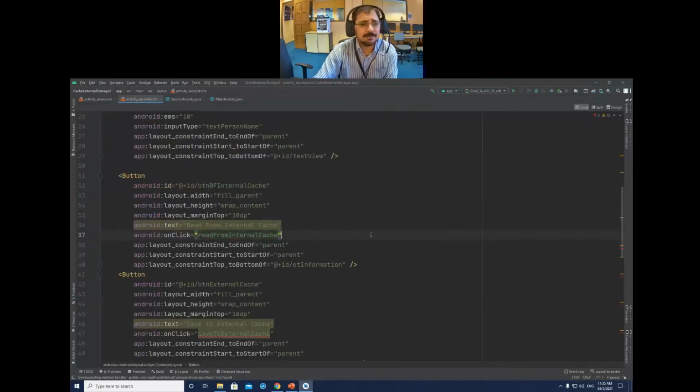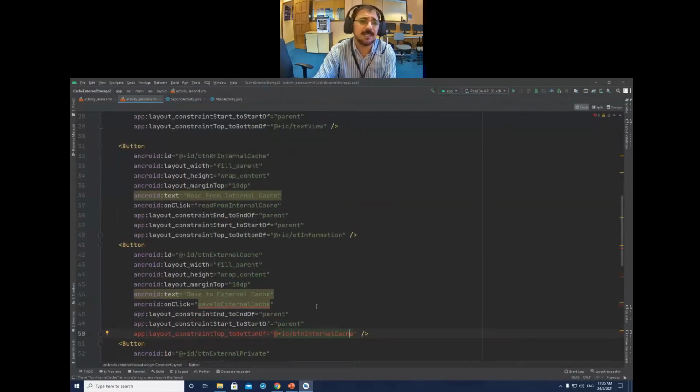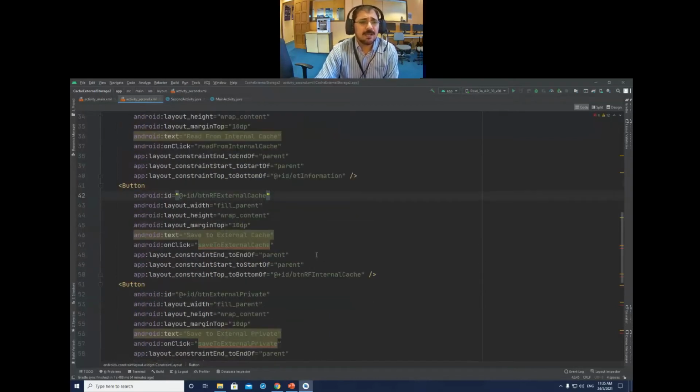Second one, first of all, you see we got the constraint error here because previously it was connected to internal cache, but now we changed this one to read from internal cache. So we will change this ID. So done. Okay, this button ID, the second button ID, will be btn external cache, but I will change it to btn read from external cache. Actually it is a totally different activity. If you don't want to change, still okay, it can work.